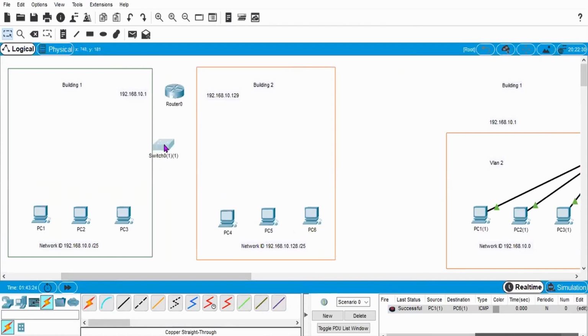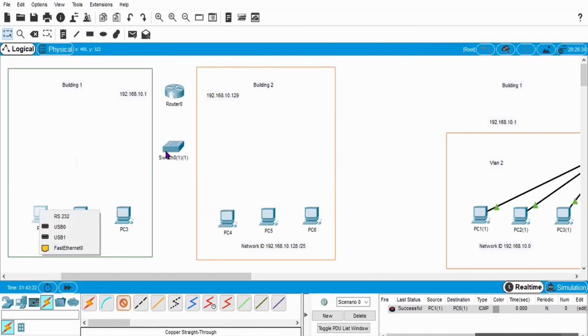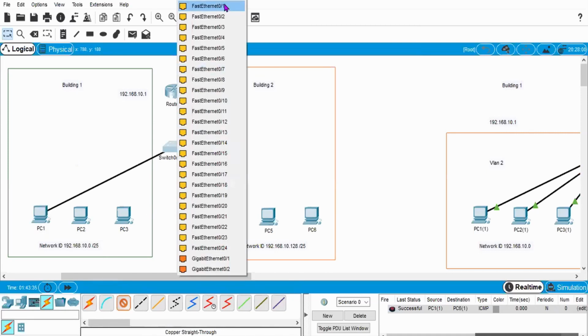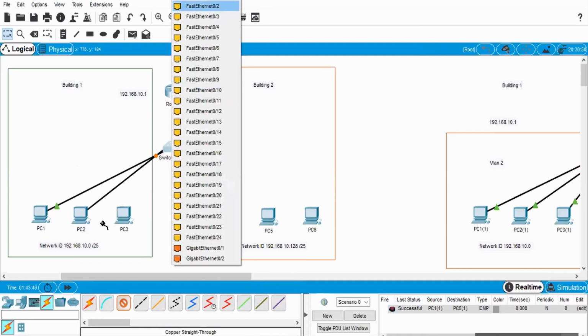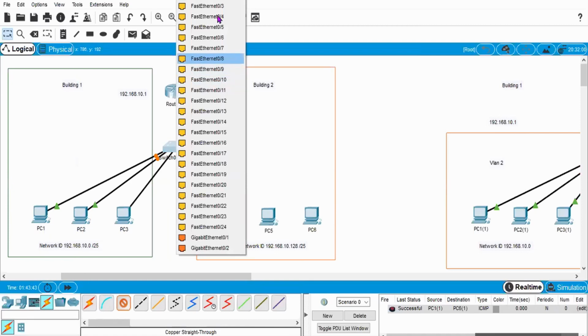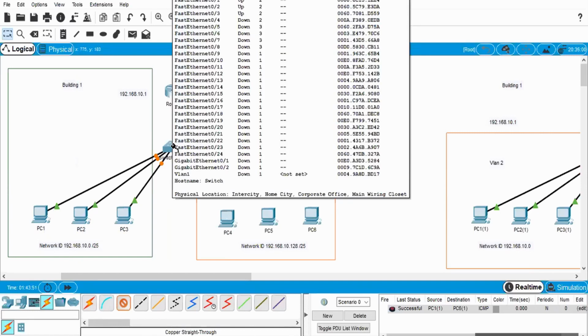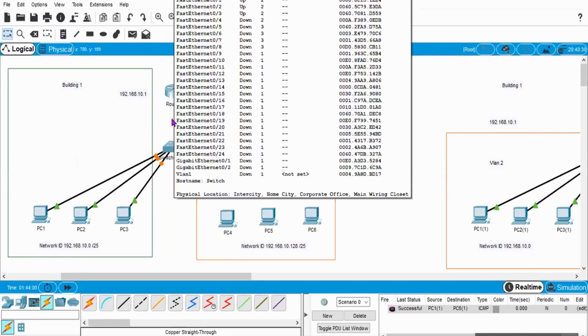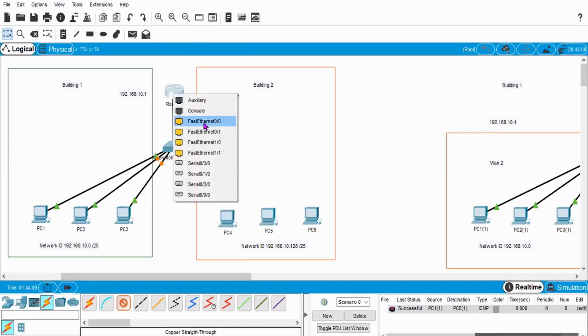Okay, and since the VLANs are already created in this switch because I have copied it, I can connect: this is connected to port number 1, this is connected to port number 2, this is connected to port number 3, and port 4 is connected to the router.